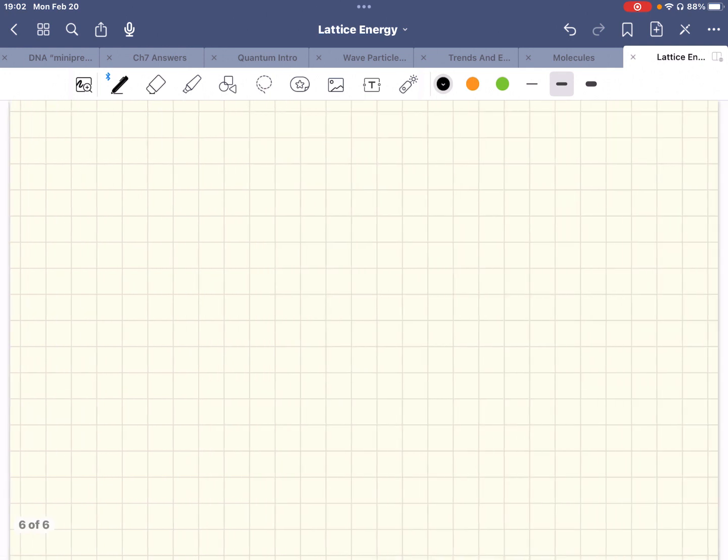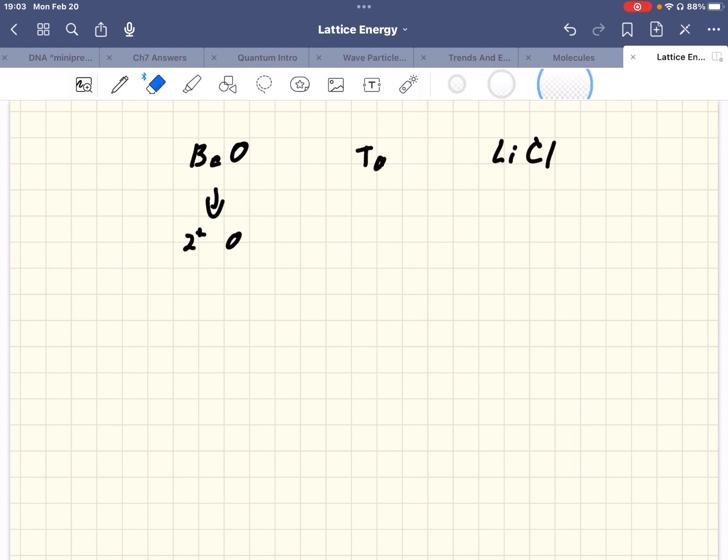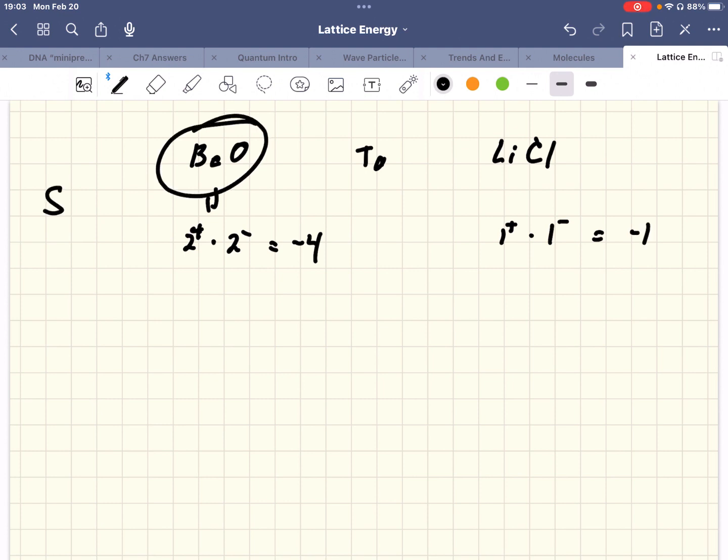So let's compare beryllium oxide to, let's make it lithium chloride. Let's look at the charges first. Beryllium is a 2 plus, oxygen is a 2 minus. So the product of the charges is equal to -4. The product of the charges here is 1 plus times 1 minus equals -1. So this is going to have much stronger